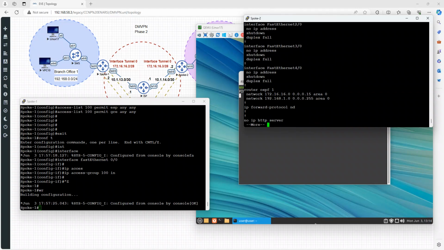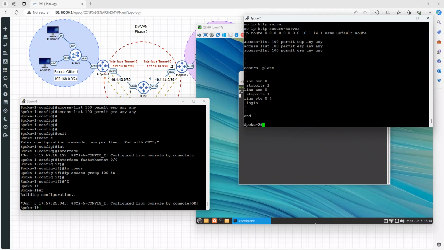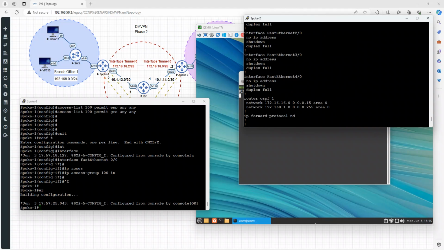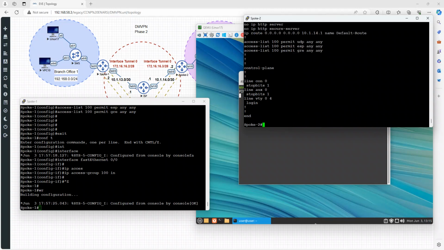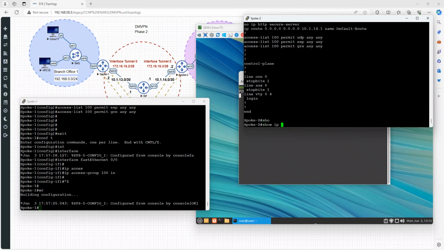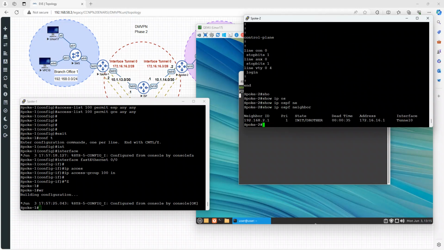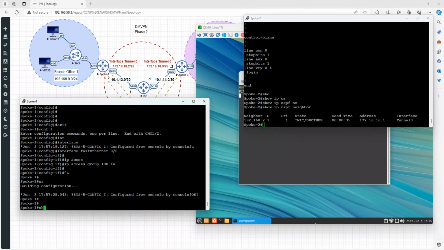The OSPF, or you may use EIGRP, IS-IS, RIP even. The default mode, access list, and the most important thing is IP access-group 100 in. But show IP OSPF neighbor shows us the init state,